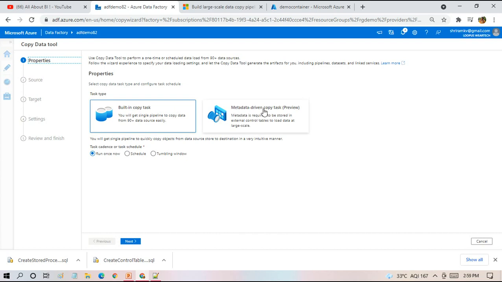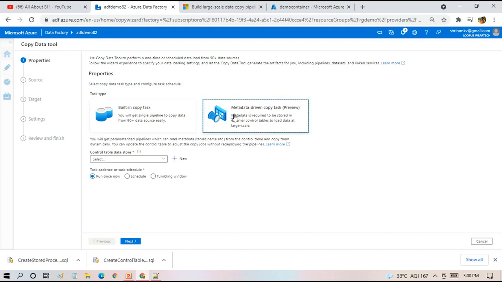When you look at the definition, you will get a single pipeline to copy data from 90 plus data sources easily. So this is going to be a simple pipeline which lets you copy from one source to another source, or from a set of sources to a set of other sources. This is the built-in copy activity, and the recent update is the metadata driven copy task. It's still in preview, it's not for public usage, but it's a very wonderful tool that I wanted to